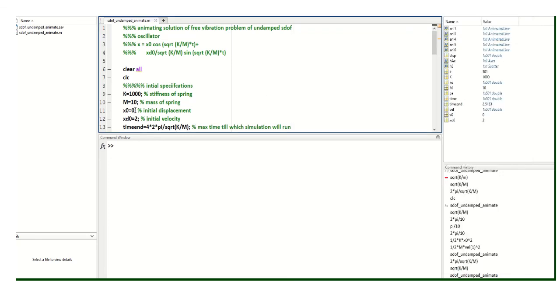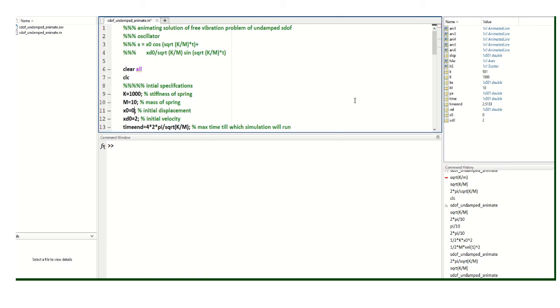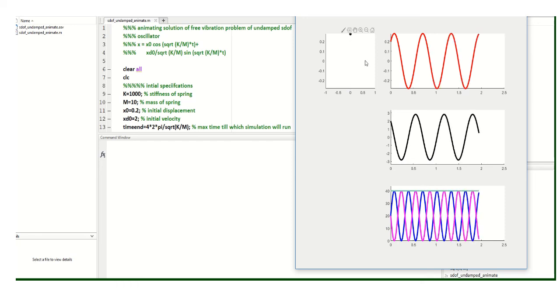Now let me give a certain non-zero initial displacement, let that be equal to 0.2. See, the mass has started its journey somewhere in between. It was neither at the equilibrium position nor at the extremum. It started its journey from here, went to the extremum, then came back to the equilibrium position, and then went towards the other side. So this is how the curve is, but still